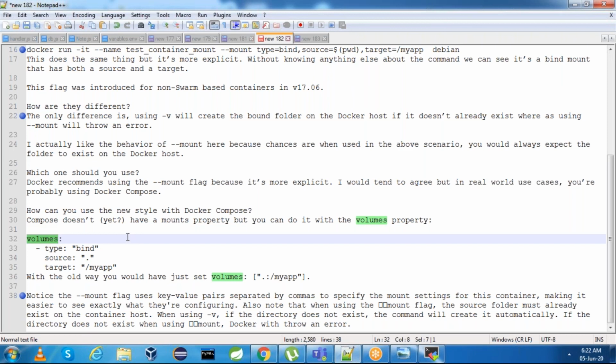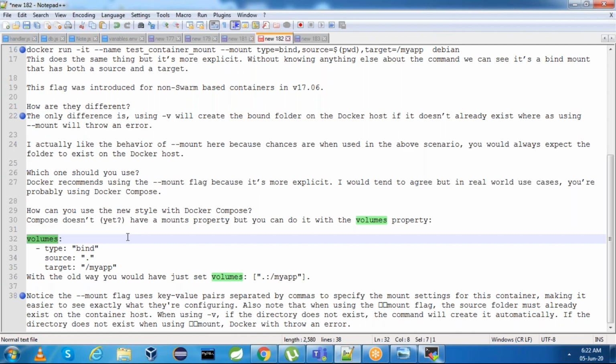But in this video, we have seen what is the difference between volume and bind mount, when to use what, what happens if you use volume, and what happens if you use --mount. The conclusion is --mount flag uses the key value pairs separated by comma to specify the settings for the container so that you can configure it very easily.